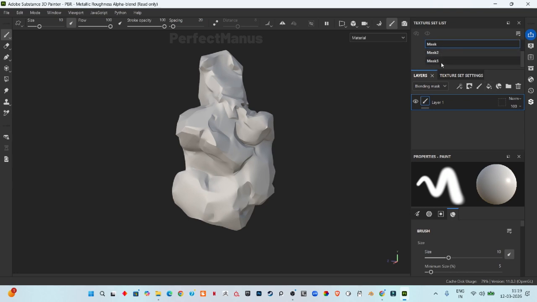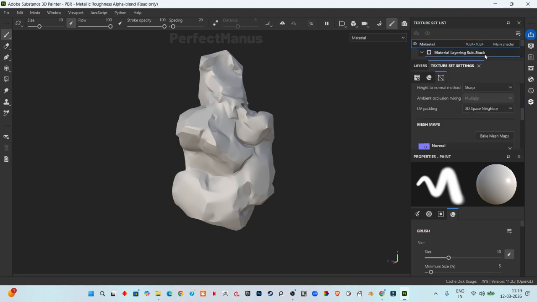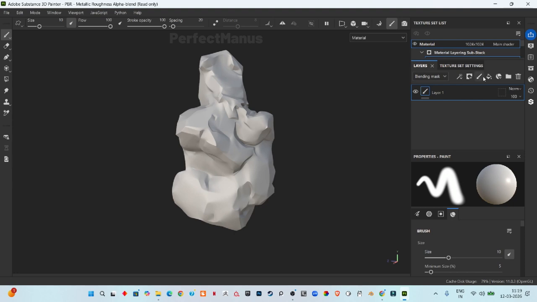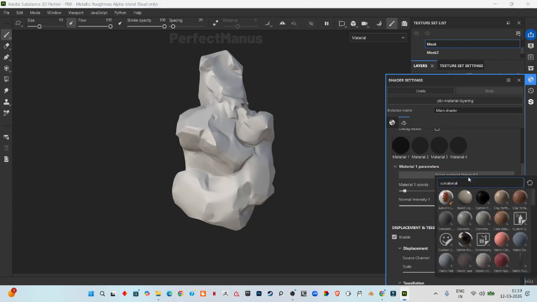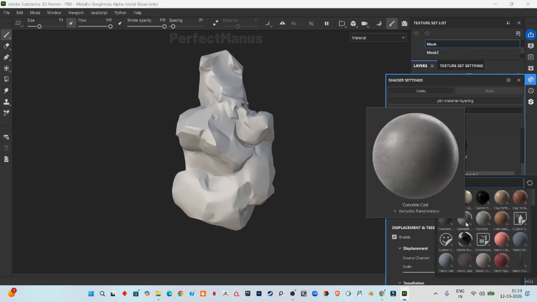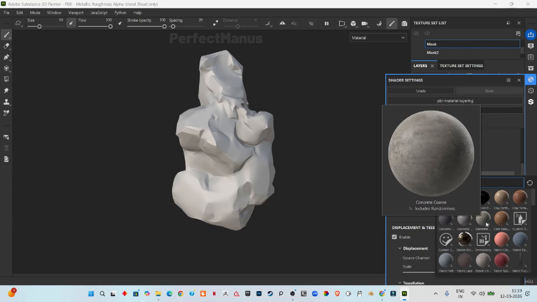You get 3 masks here. Earlier there was no mask, only the material. Now the major difference is that once you select these options for material layering, you'll be working on different masks with different kinds of materials. The first one that we'll be selecting is our base. To go to the base menu, first click on the material one, then select material and choose just one of these,